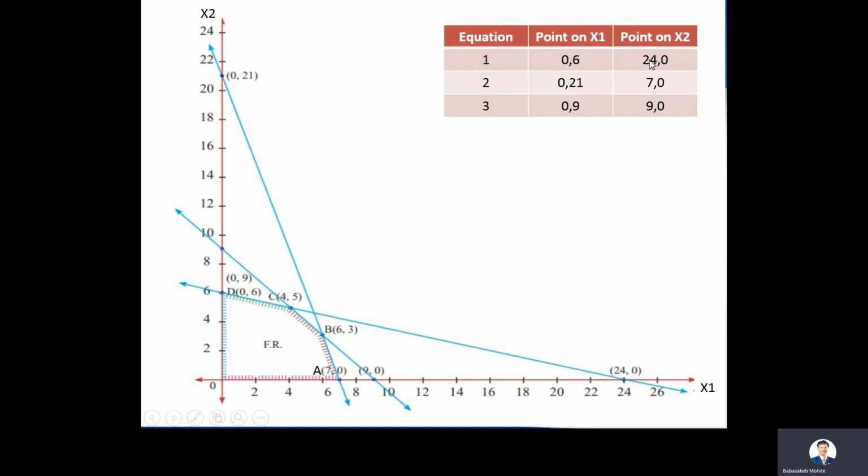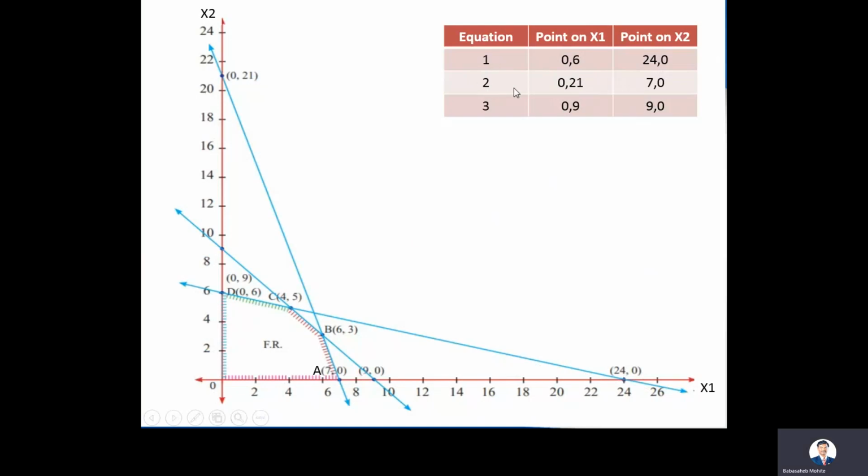Then the second point is x1 value 24 and x2 value 0. So the 24, 0 point lies over here, because this is a horizontal line where the x value is 24 but the y value is 0. Then I have to join these 2 points. When we are drawing a line, the line must have arrows on both sides. This is my first line for the first equation.